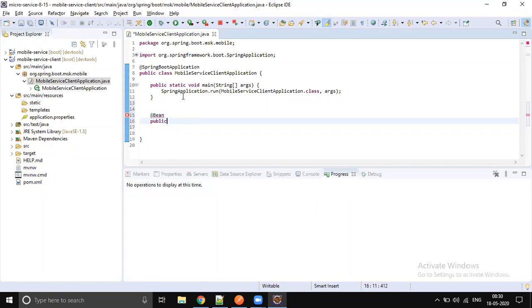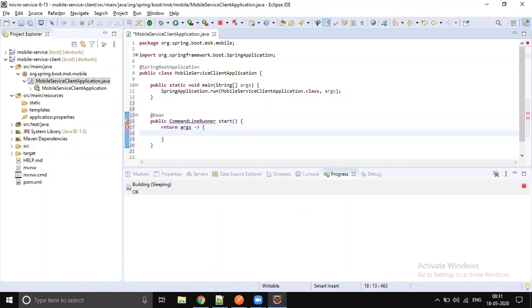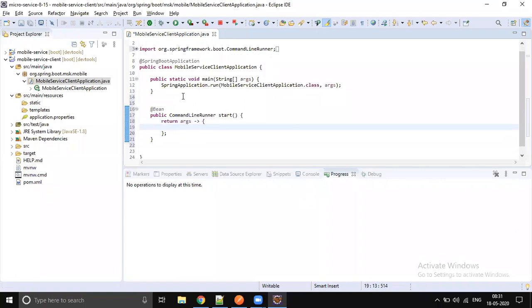Okay, so let's write a bean for command line runner. The method name can be anything, but let's give a meaningful naming convention. I'm directly writing the lambda expression, right? Let's write the lambda expression there. Okay, just do an import. Yes. So this lambda expression is equivalent to a command line runner object.